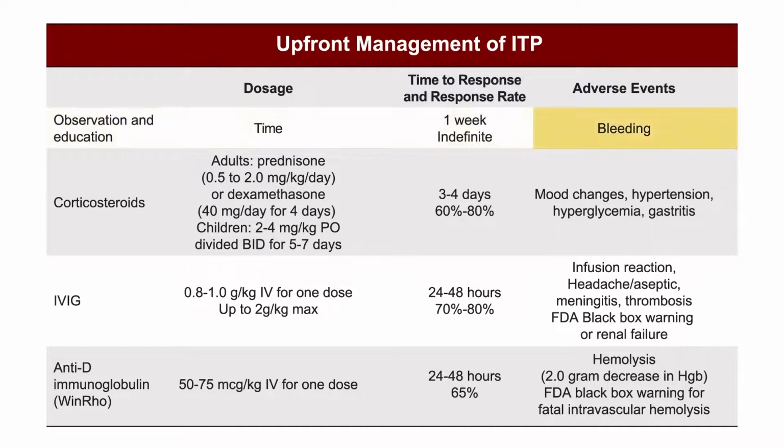The side effect of this is that there is that risk of bleeding in a patient that we continue to just watch and wait with a low platelet count. Again, because the goal of our therapy is really to try to achieve normal hemostasis. So some patients may benefit from simple observation with a lot of education about what to present to medical care for. And this is the more common approach in the pediatric population, as I'll show you when we talk about